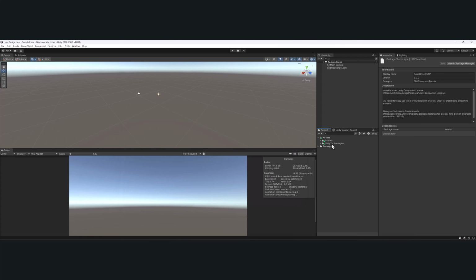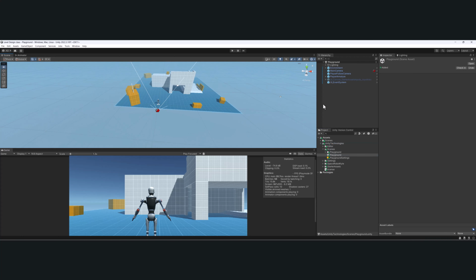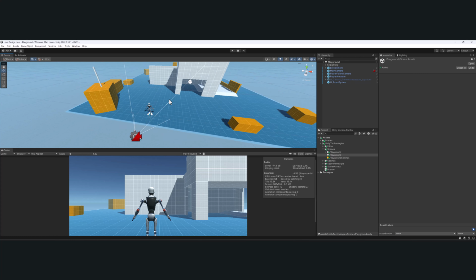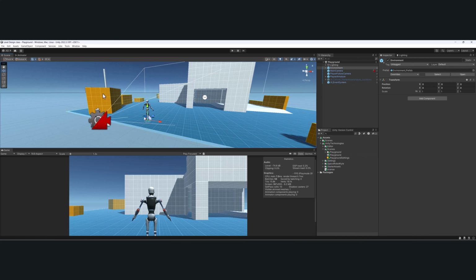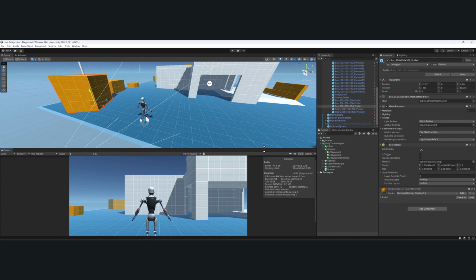Now, when I close this, you can see now we have a Unity Technologies folder. And inside of this, we have an editor, we have scenes, and the scene is a sort of playground area where we can double click and select that. And you could see we have our character model here with what appears to be a bunch of boxes here, box prefabs and shapes and stuff. And if I press play here,